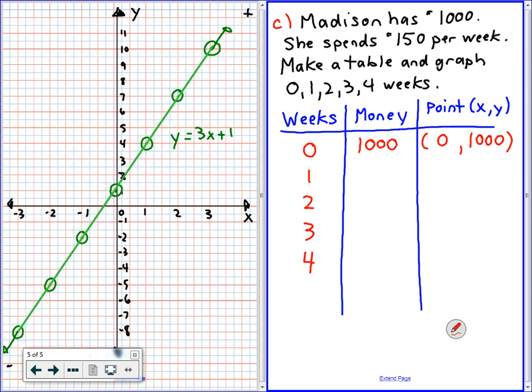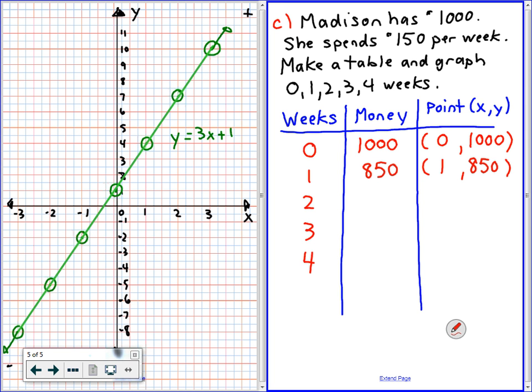All right, Ben, I'm going to pick on you next. If she's dropping 150 a week, use your calculator if you need to. How much is she going to have after 1 week? 850. 850, perfect. Okay, you're just going to minus 150. Okay, Ben, you're not done yet, please. What point is that going to be on my graph? 1, 850. Very good. So again, the people that were here yesterday, I think, remember how this went from yesterday,